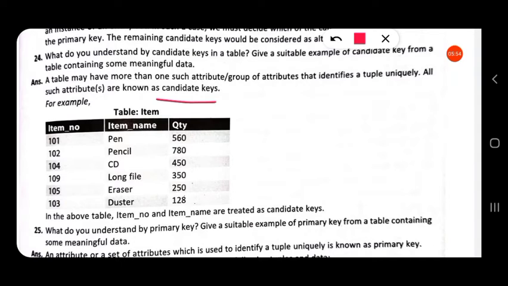And from these we can select any one as the primary key. If we select item number as the primary key, then item name becomes the alternate key. And if I take item name as primary key, then item number becomes the alternate key.